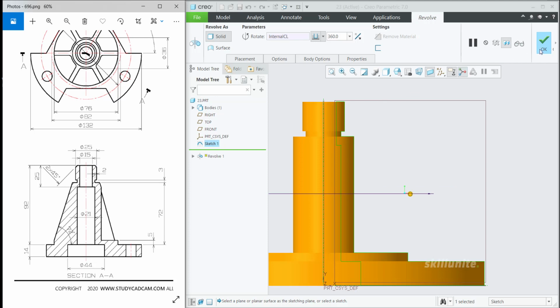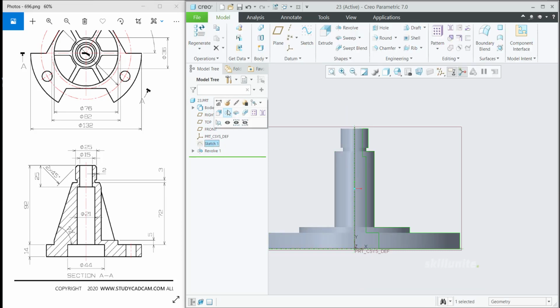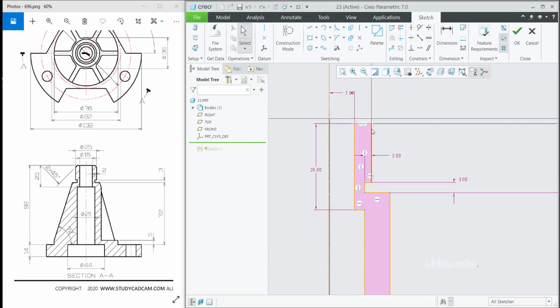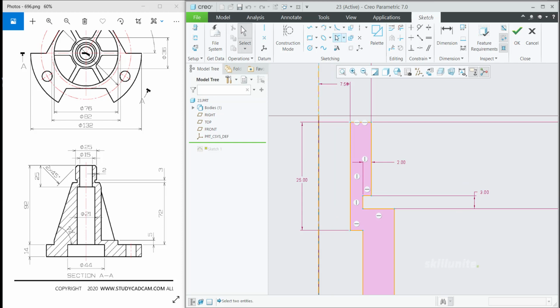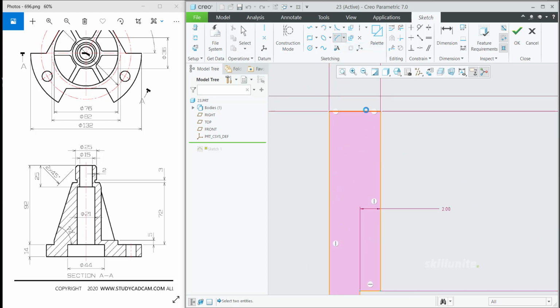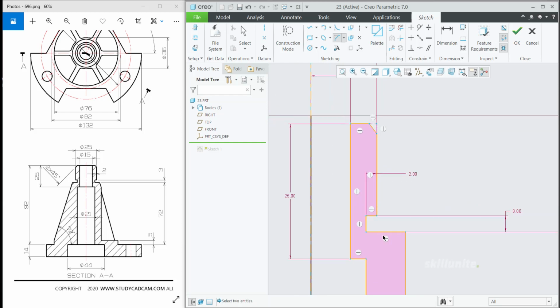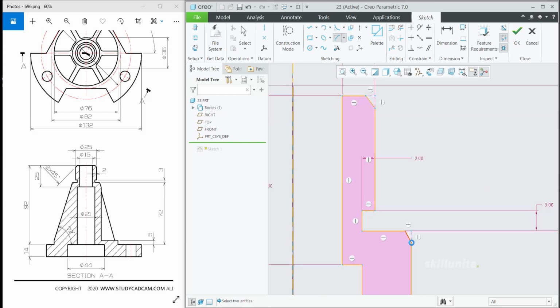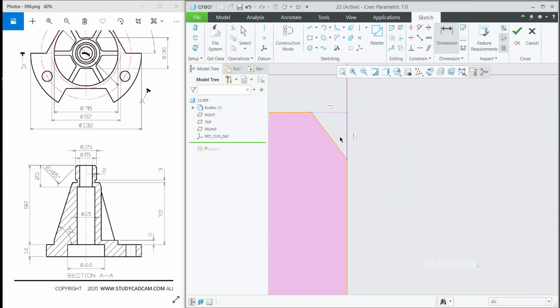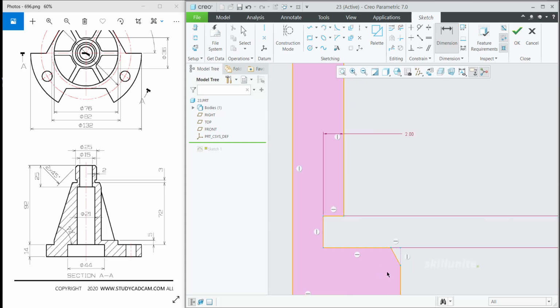Or if you want to do it at 2D like a sketch itself, means just open your sketch. Then go for chamfer option. So create with edges. So select here and here. Then the chamfer is happening here as well. So go for a dimension. It is 2 × 45. So select your angle first. So mention 45 degree. Then give the distance as 2 mm. Same thing below also.